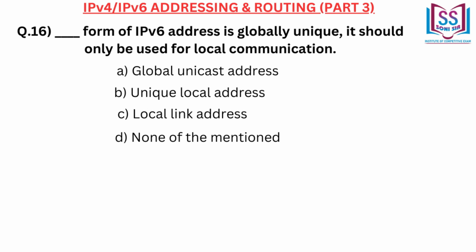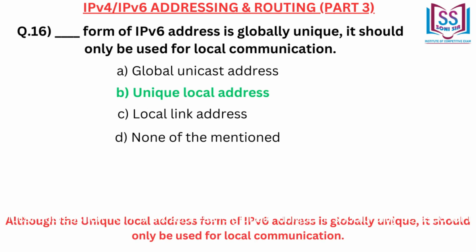A. Global unicast address, B. Unique local address, C. Local link address, D. None of the mentioned. Correct answer B. Unique local address. Although the unique local address form of IPv6 address is globally unique, it should only be used